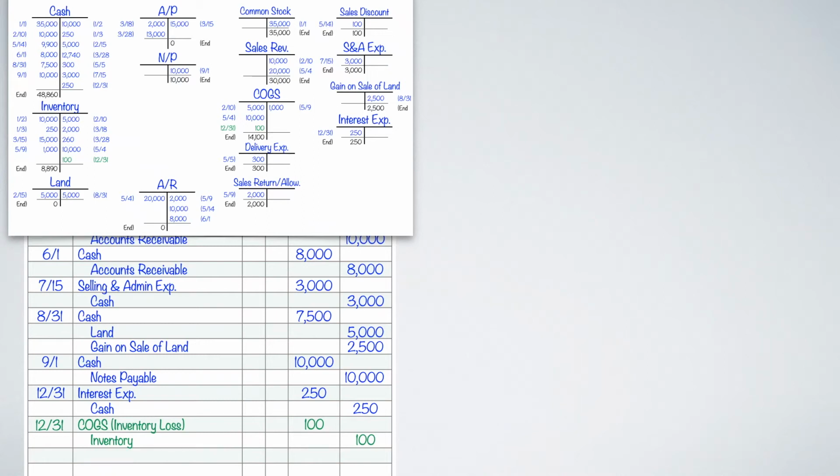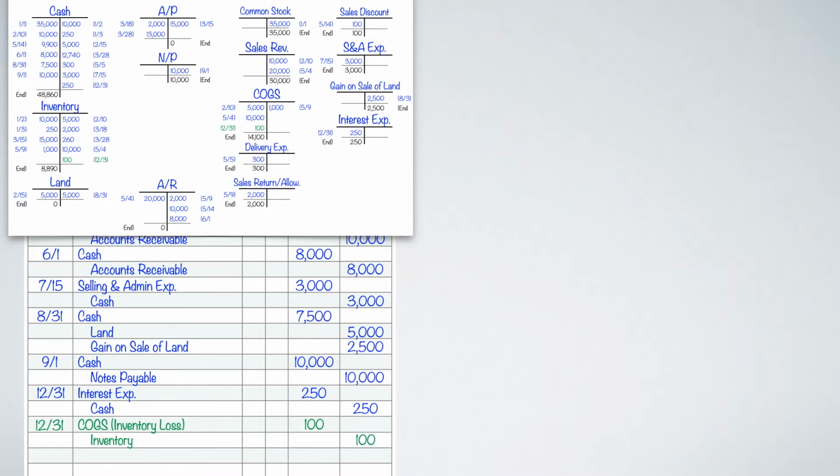All right, here we are with the third and final part to the example for chapter 4. And in this one, we're going to be doing the closings and the post-closing trial balance. So here's our T-tables. Nothing has changed. Actually, this one doesn't have the retained earnings like the other ones did. So that's actually a good thing because we're not supposed to. We shouldn't have been there.